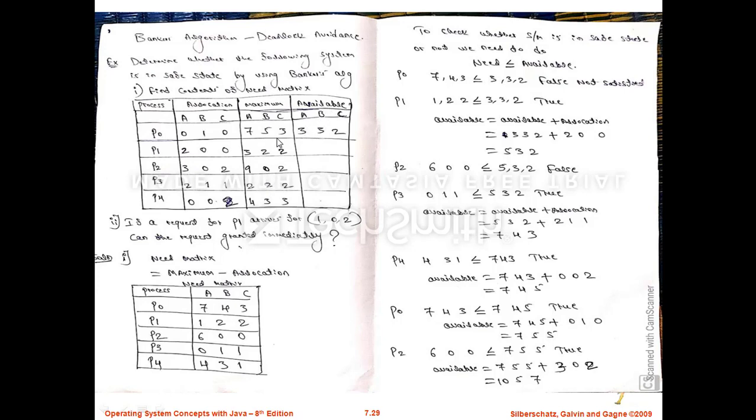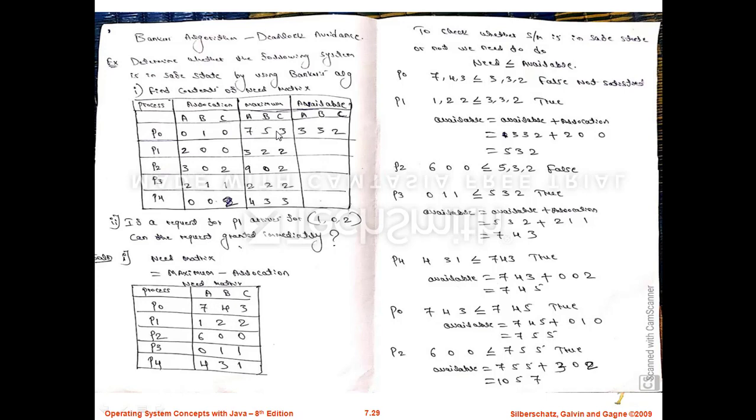Available matrix is nothing but after doing this initial allotment, how many are left in the system. A type 3 copies are available, B type 3 resources are available, C type 2 resources are available. Now we need to calculate the need matrix. Need matrix is nothing but maximum minus allocation. Maximum is how many each process needs to complete its execution. With respect to P0, how many does it need? 753. But how many have we already allocated? 0, 1, 0. How many more do they need? That is called the need matrix.